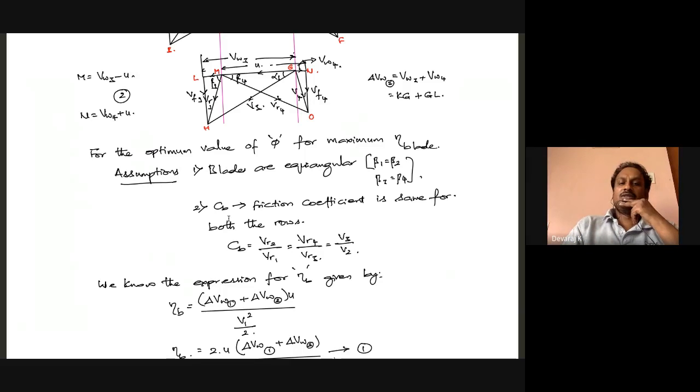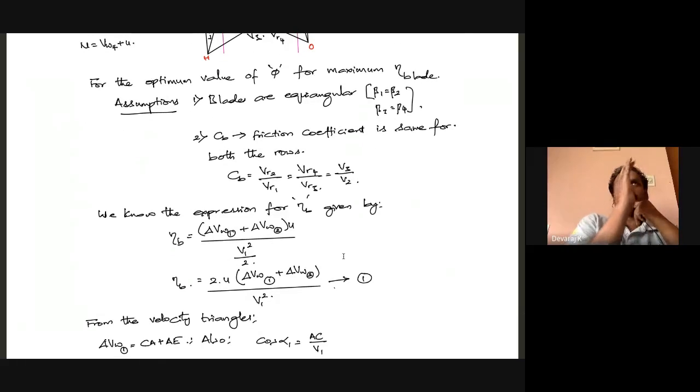So I mean that CB will be equal to VR2 by VR1, which is equal to VR4 by VR3, which is equal to V3 by V2. This is the sign convention I'm going to use. Now, we know from Euler's expression that the work done for the first stage is given by (VW1 plus VW2) into U. For the second stage, it is (VW3 plus VW4) into U. If I call delta VW1 as VW1 plus VW2, and delta VW2 as VW3 minus VW4,